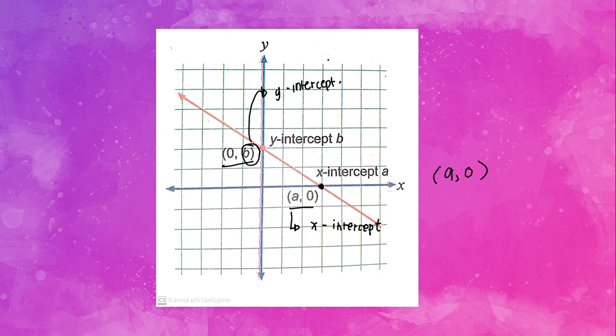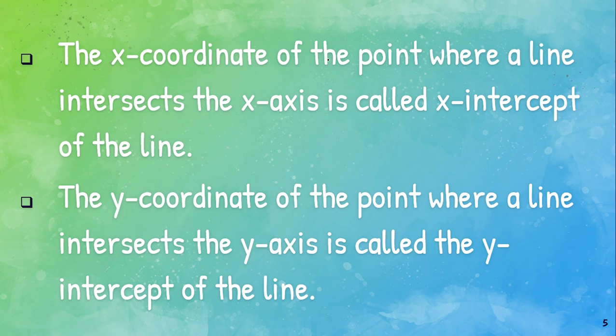Okay, so furthermore, we have to remember that the x-coordinate of the point where a line intersects the x-axis is called the x-intercept of the line, while the y-coordinate of the point where a line intersects the y-axis is called the y-intercept